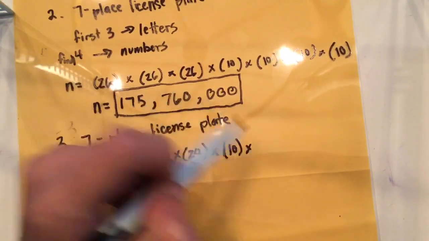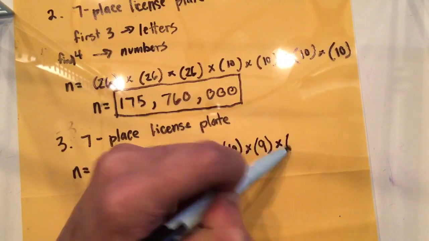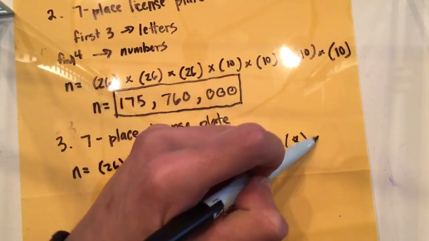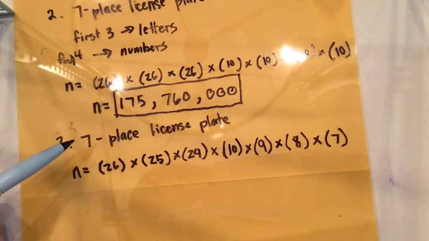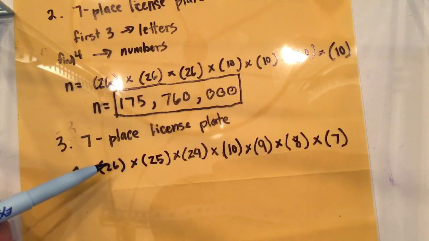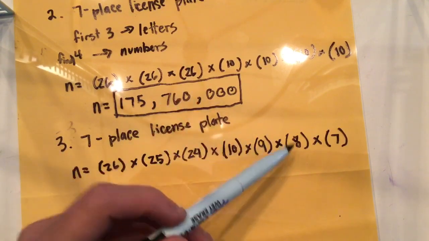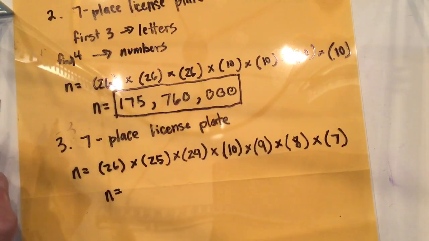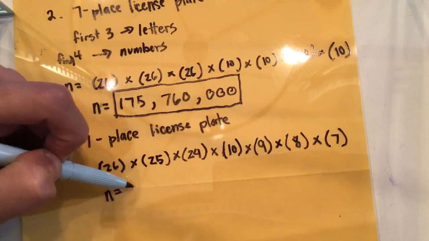And then for our next choice, we'll only have 9 numbers to choose from. Our third place will only have 8 numbers to choose from. And then last but not least, we'll only have 7 numbers left to choose from. So this time around, the total number of possibilities is going to be 26 times 25 times 24 times 10 times 9 times 8 times 7, which gives us a total number of, punch it into your calculator, it's a big number, not as big as last time,